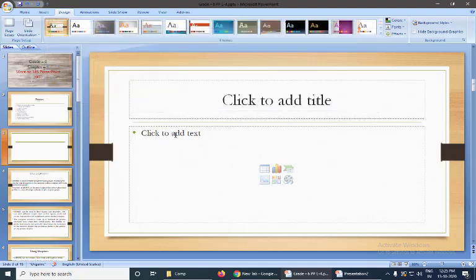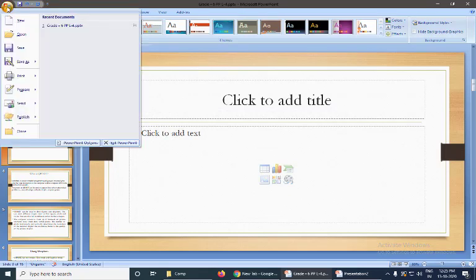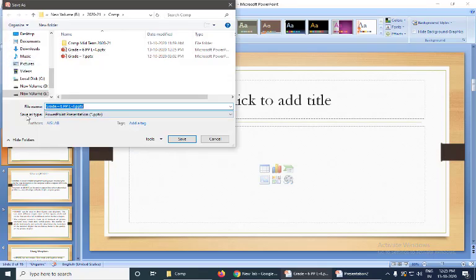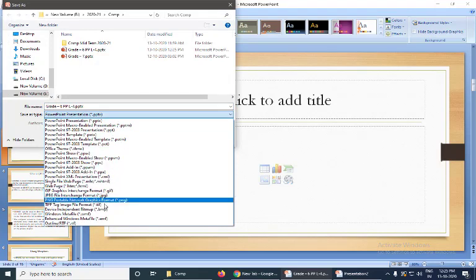While saving this, if you want to save it as a template, here in the save option, when you click on save, the presentation will save. Click on save as, then here in the save as type you need to change it to the template.